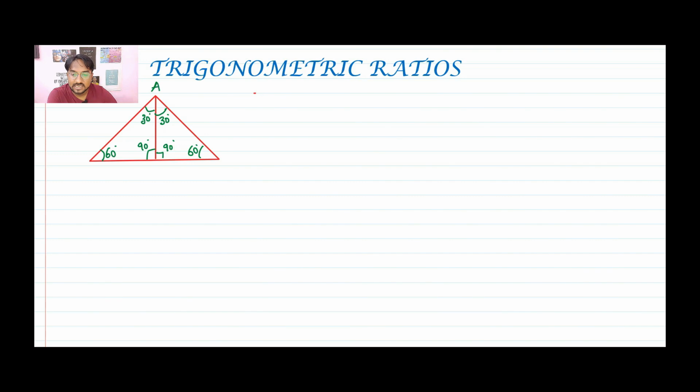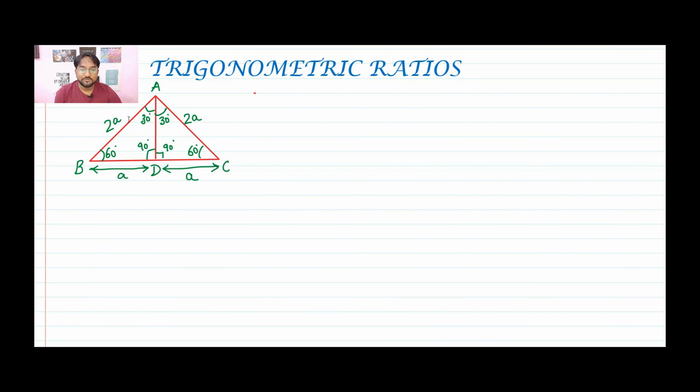So let's say this is A, this is B, this is C and this is D. So let's assume that AB is 2A, although we can take it as A also or X also, anything, but just to simplify our further calculations, because here we have to divide it into 2 equal parts. So here let us assume it as twice of A. So this will also be twice of A, and here it will be divided into 2 equal halves. So BD will be A, and in the same way DC will also be A. Got it?